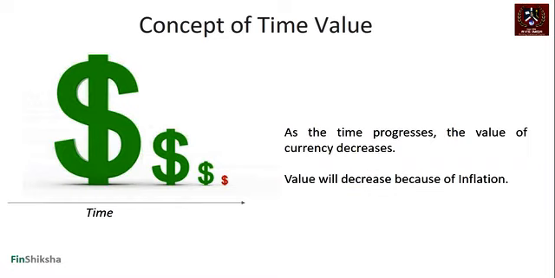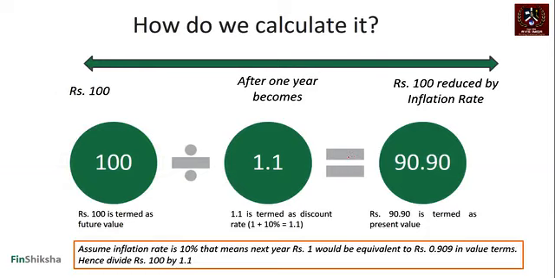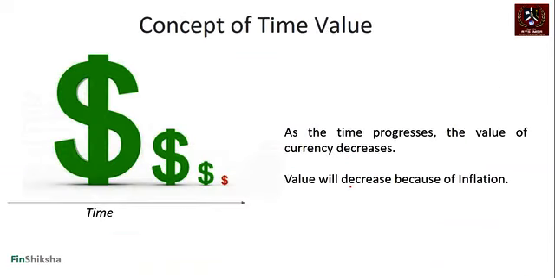Now, as time progresses, the value of the currency that you hold decreases. The value that you hold decreases because of inflation. So what you hold today in your hands is worth less tomorrow, right? So the value of money today is more than the value of money 2 years down the line. In other words, if someone was to give you 100 rupees 1 year down the line, the value of that today at 0 years is more. So you might actually accept a lower amount today because probably 90 rupees today is equal to 100 rupees next